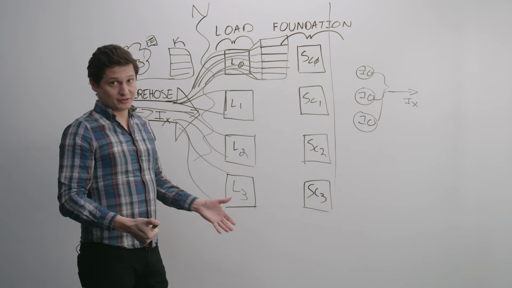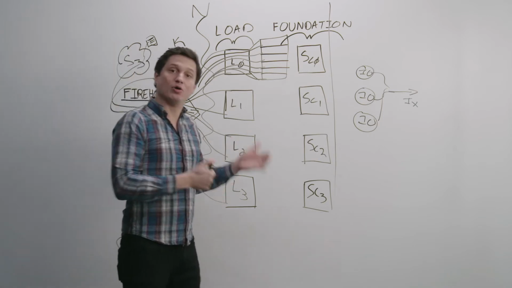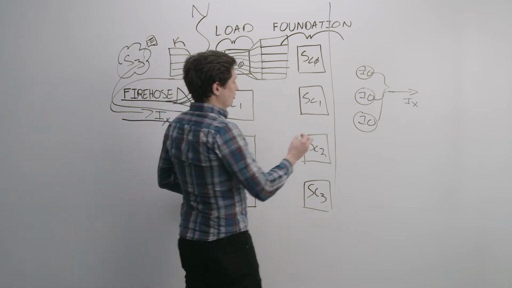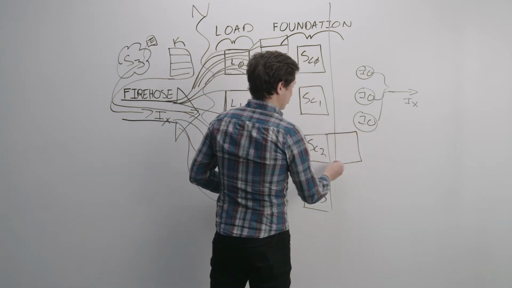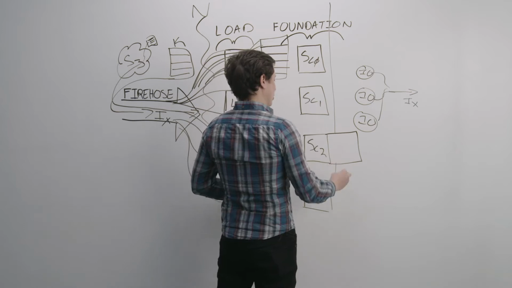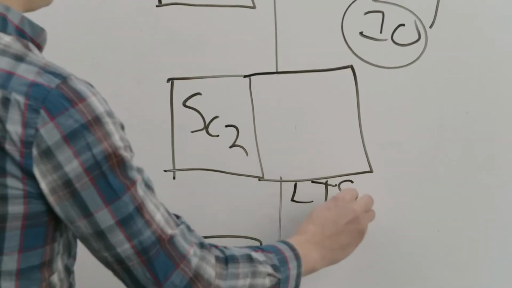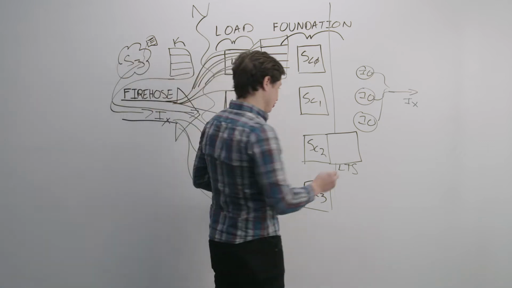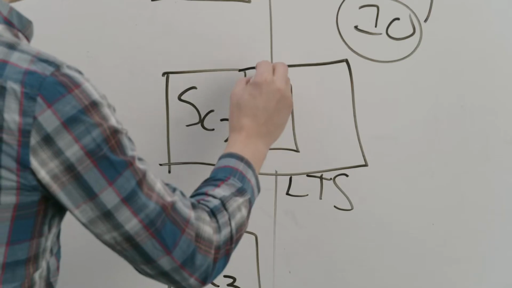In order to achieve this, we must talk a little bit about how Ocient stores information in our foundation tier. We have on our storage and compute nodes what we call a long-term store. And this long-term store is where we place our fundamental storage unit that we call a segment.